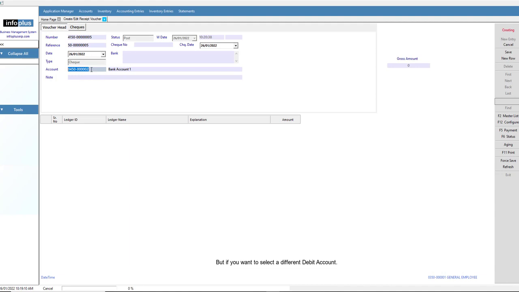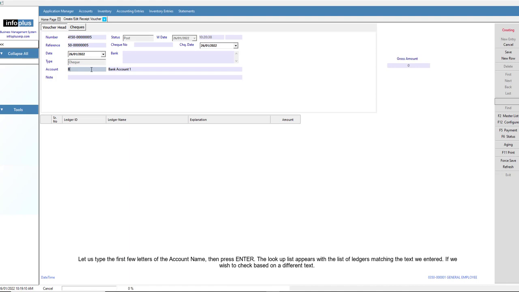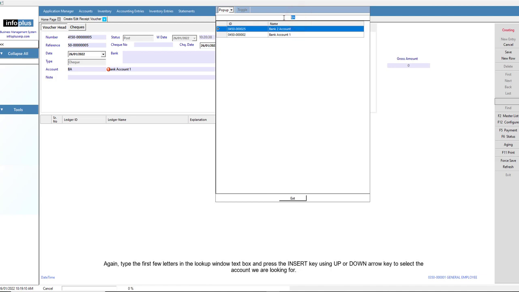But if you want to select a different debit account, for instance, if we have a check receipt to the Bank 2 account and the default account is Bank Account 1, we can select the Bank 2 account. Let us type the first few letters of the account name, then press Enter. The lookup list appears with the list of ledgers matching the text we entered. If we wish to check based on a different text, again type the first few letters in the lookup window